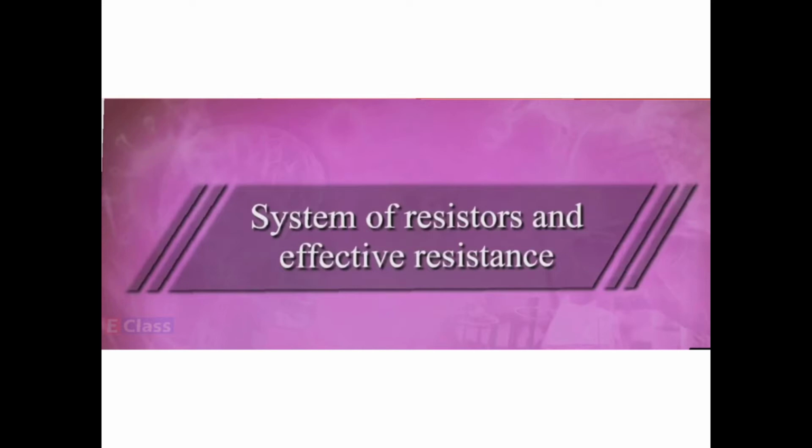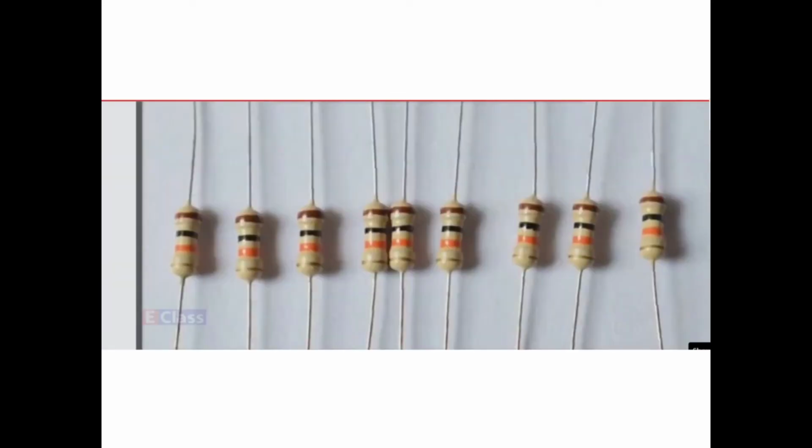Now here, these are the resistances practically which we observe in the circuit diagram. You can see there are some bands of the black color, the orange color, the brown color, etc. They have some codes and accordingly the values are there. One should know how much resistance is there, and accordingly they can control the current.